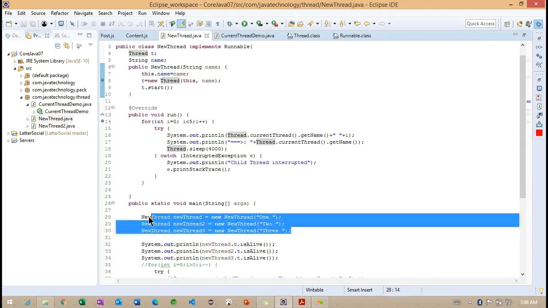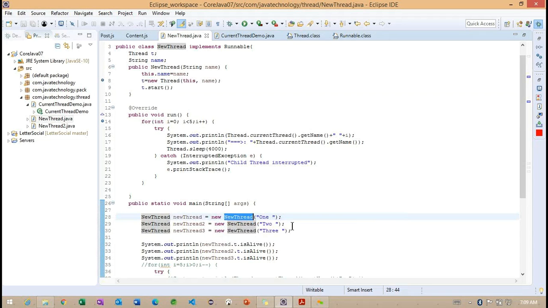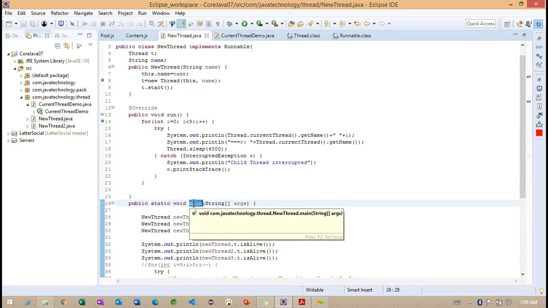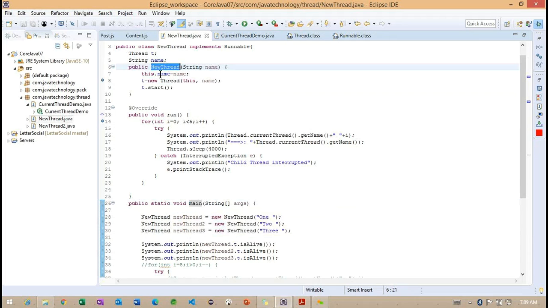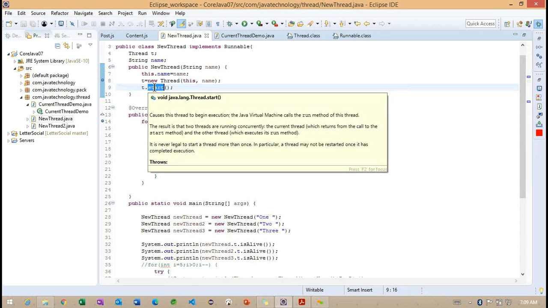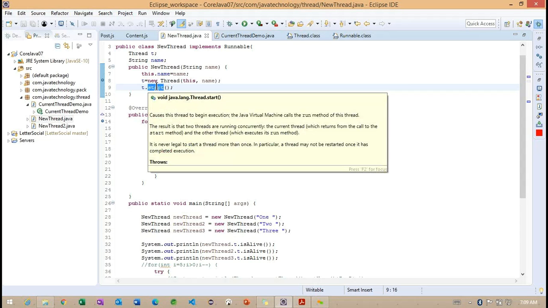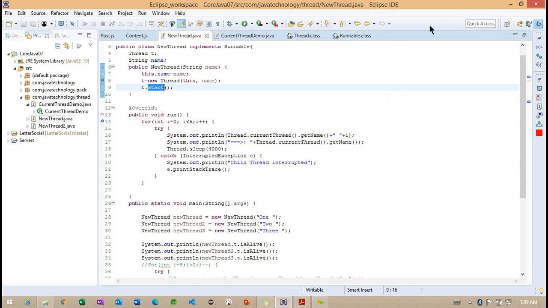You can see how many constructors we have. The 3 constructors we created mean we have 3 objects, so internally 3 threads are created. Only the calling of this constructor is done by the main thread. Once this constructor is called, the 3 threads are created internally, and each thread is going to start this particular operation whenever we call the start method. Now this start method is not called by the main thread. This is very important here.